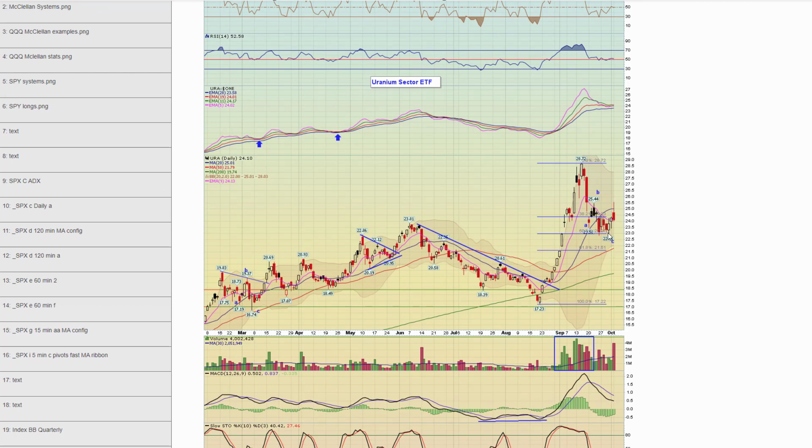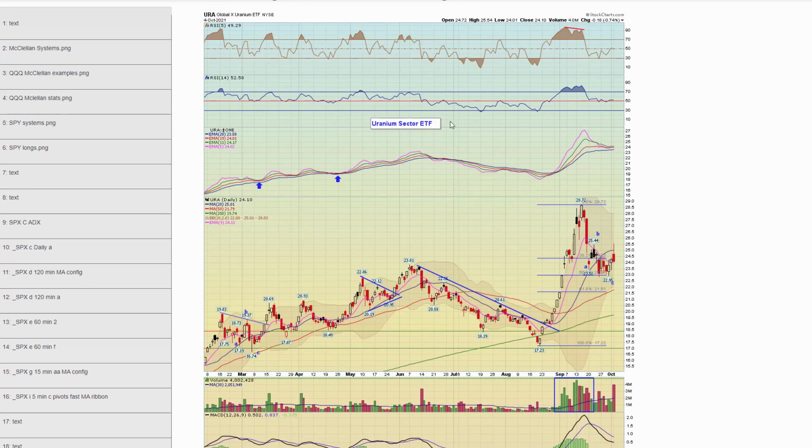So, again, if you're long based on this ABC, your easy swing stop would be right in this area. Okay? But this is kind of an ugly candle here. So now we'll see if wave C is in or if this is going to be a more complex correction. Long term, I'm bullish on uranium, but I don't like this candle short term.